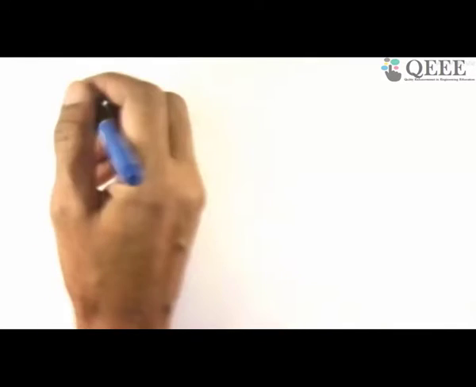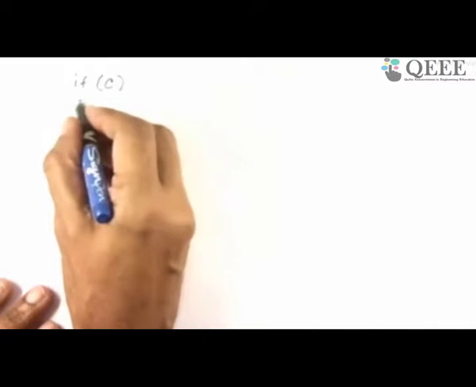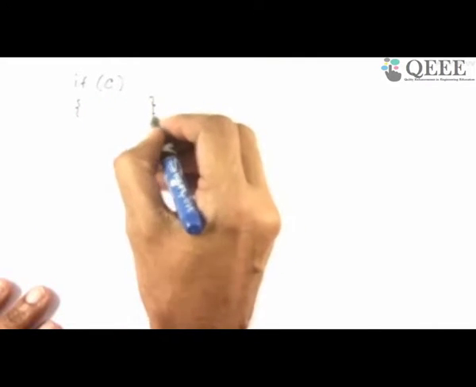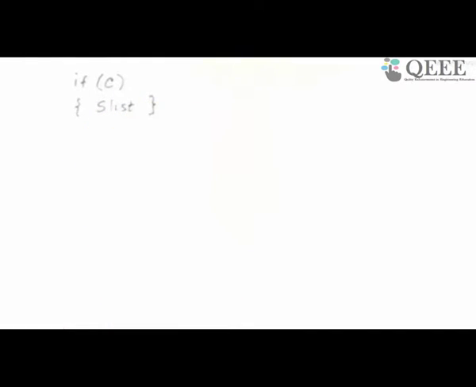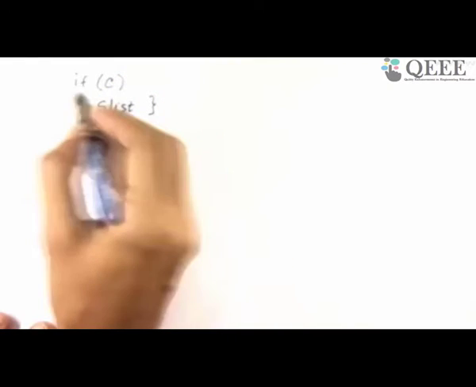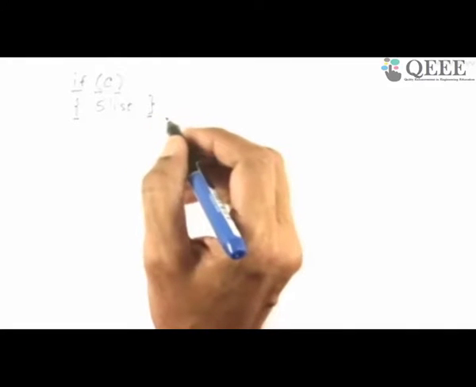So I'll start with an if-then statement. So how do I write an if-then statement in C? You don't write it as an if-then. So we write an if, this is a structure. And then what is inside if? Typically a condition. I'll call it C. And then depending on whether what you are doing, I will call this a S list. I'm trying to write a grammar. So what is S list? Now let me explain. So these are keywords. If is a keyword. Opening brace is a keyword. You can't change it. Closing brace is a keyword. This curly brace is a keyword or a terminal. This curly brace is a terminal.